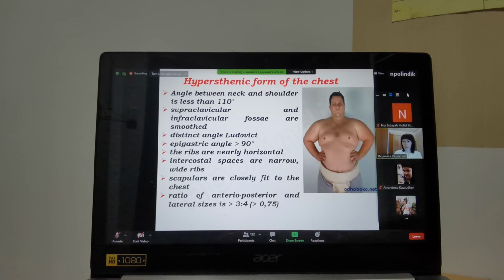Hypersthenic type of the chest. The angle of the neck and shoulder is less, about 110. The supra- and infraclavicular fossa may be smooth, maybe a little protruded. The epigastric angle is usually more than 90 degrees, and the ribs are nearly horizontal. The scapulae fit closely to the chest, and the ratio of anterior-posterior to lateral is